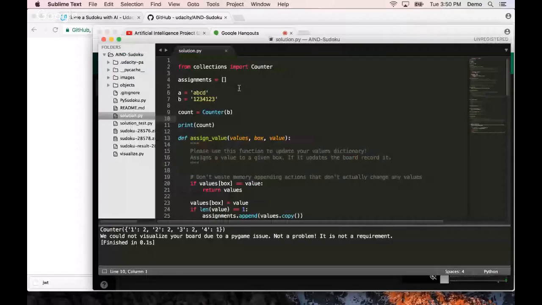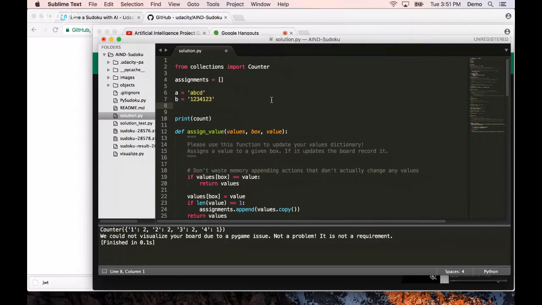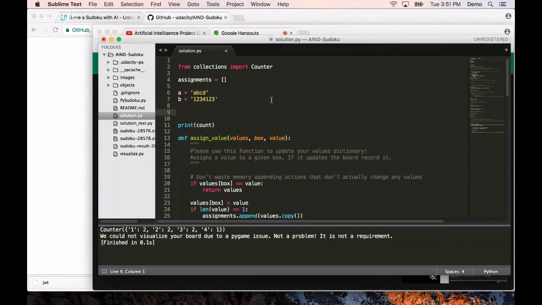In a lot of languages, you have to declare what items are going to go into a list. So this assignments list here could only have integers, or could only have strings, or could only have string pointers, or things like that. In Python, it's totally acceptable to do things like